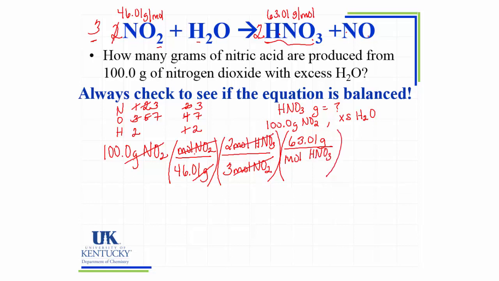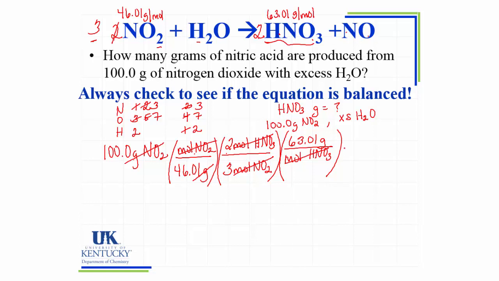Now my moles of HNO3 cancels with my moles of HNO3. I check back over my units and I see that the only units I have left remaining are grams of HNO3. Now I can do the calculation by taking 100 times 2 times 63.01 divided by 46.01 divided by 3,